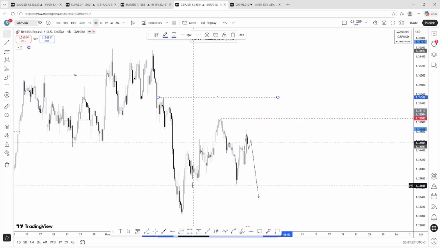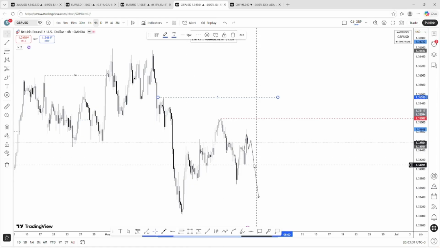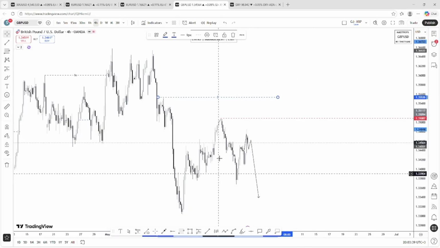I don't want to go deeper into the fundamentals of the pound because that's not what we trade. Normally we react with the market. And so you can see that clearly